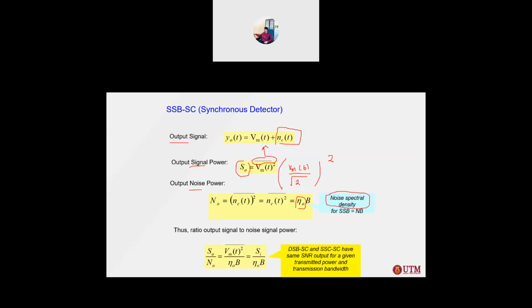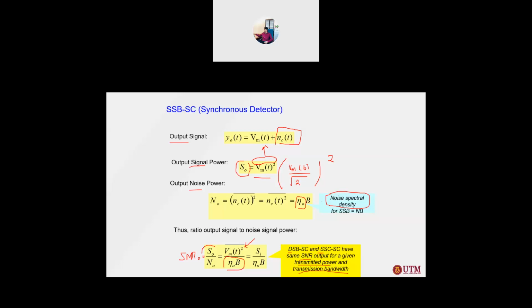Okay, thus the ratio of output signal to noise power. So the same, this one is SNR, SNR output, S_o over N_o. So V_m(t) bar squared, which is the one that you have here. Okay, now you put it here. And then this one is the output noise power. Then you have this one. Okay, DSB-SC and SSB-SC have the same SNR output for a given transmitted power